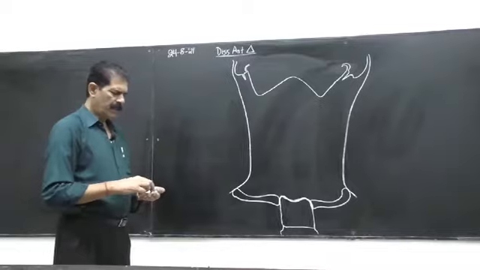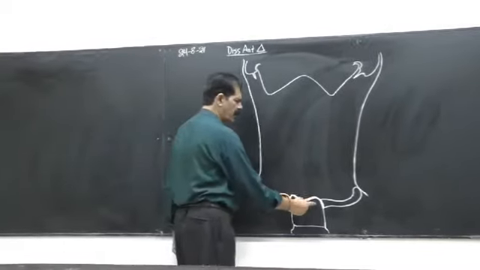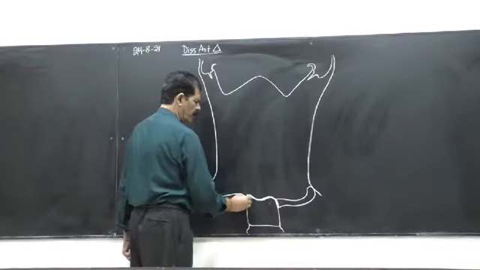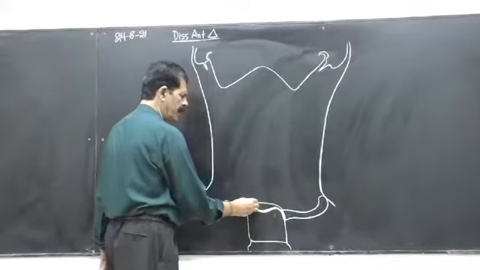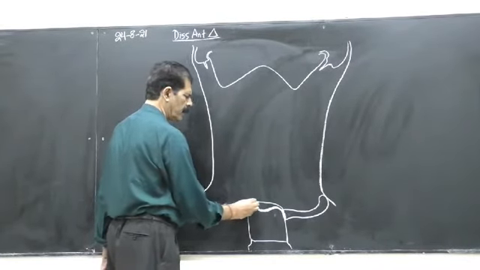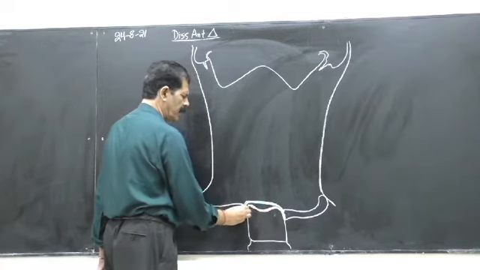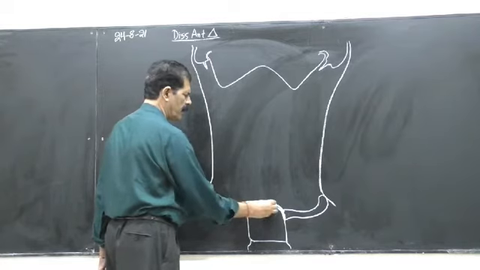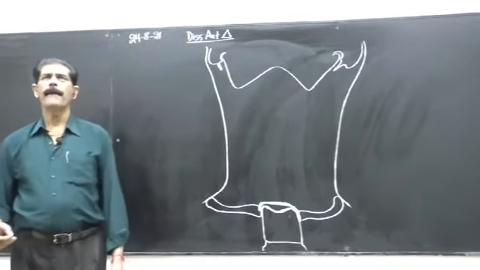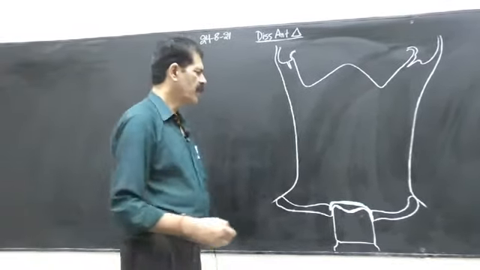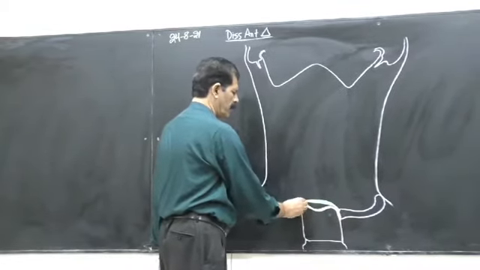And the medial end of the clavicle forms the sternoclavicular joint, and both sides are strengthened by a ligament that is called the interclavicular ligament. It stabilizes the sternoclavicular joint and keeps the two clavicles together in touch with the manubrium sterni. So it is a ligament, interclavicular ligament.